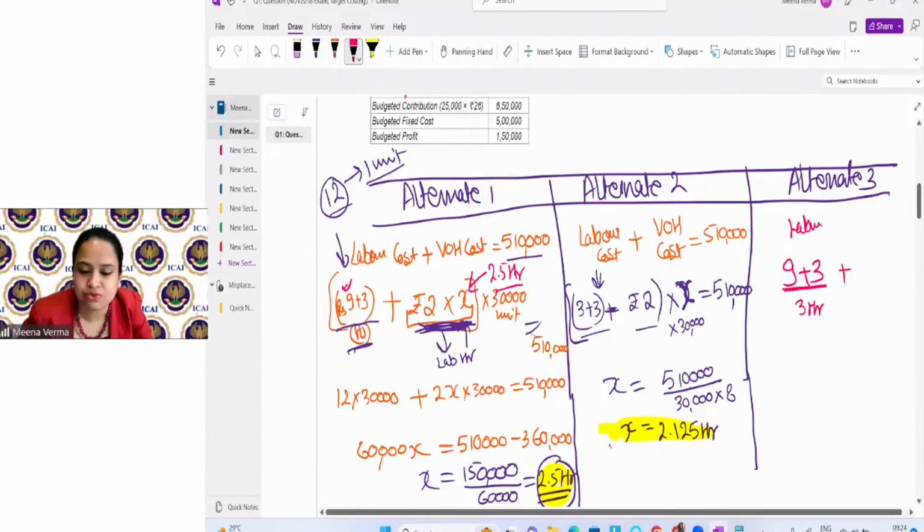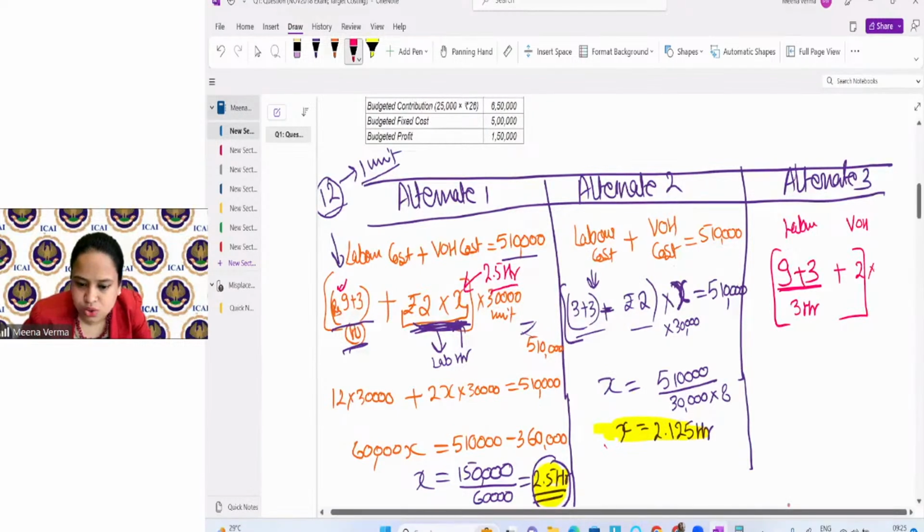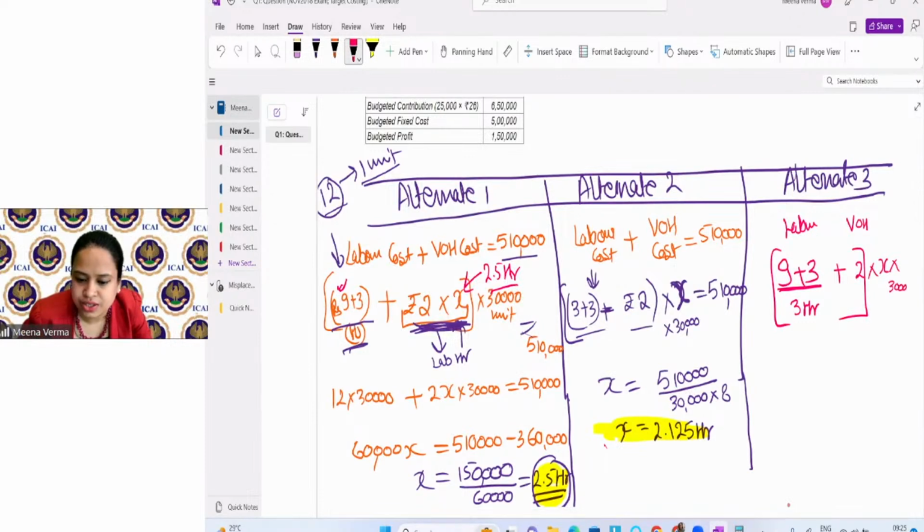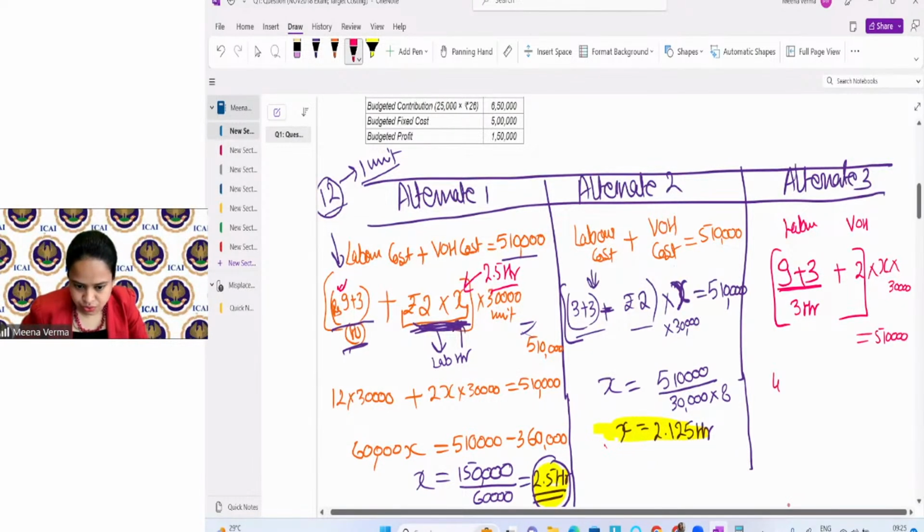Plus we will see what is the variable overhead we are incurring. Variable overhead was 2 rupees per hour. Now these two costs are both on the basis of hour, per hour. Then we will multiply this with the total hours, then multiply it with the total units, 30,000. That should be equal to the total cost, which is 5,10,000. So solve it: 4 plus 2 into x is equal to 5,10,000